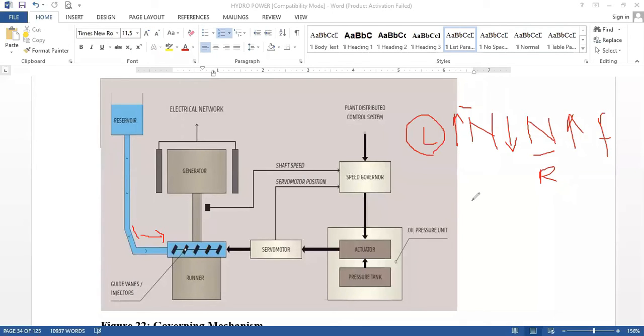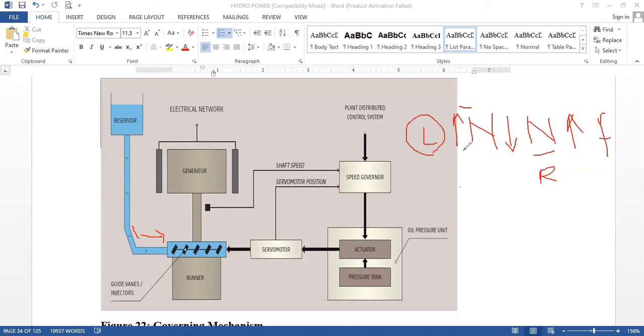Even this is most important for electrical power generation as well. Whenever there is an increase in load, speed will decrease, and to maintain the speed constant, we will introduce more fuel from the reservoir towards the turbine, by which it can generate more power, by which that power can serve the increased amount of load.